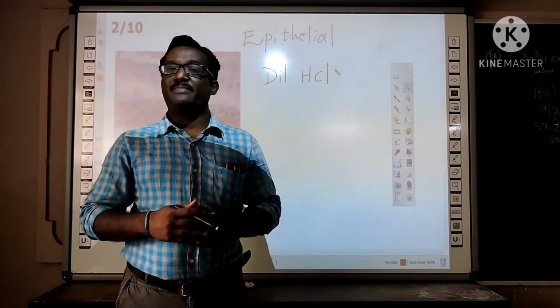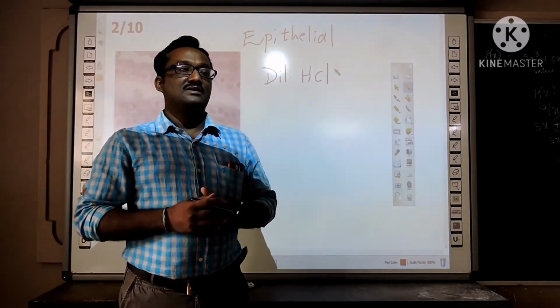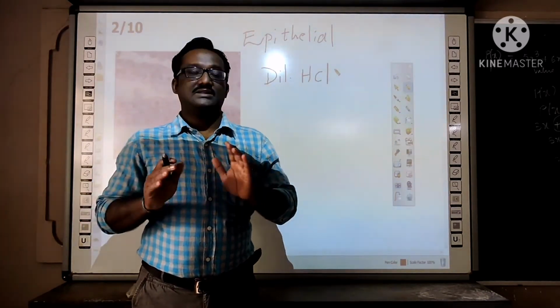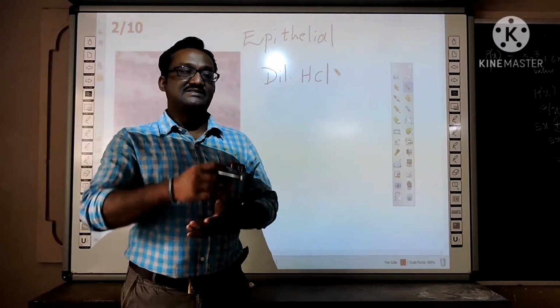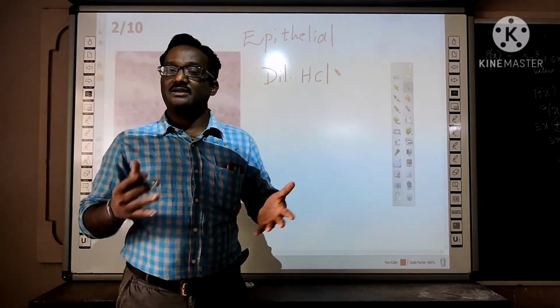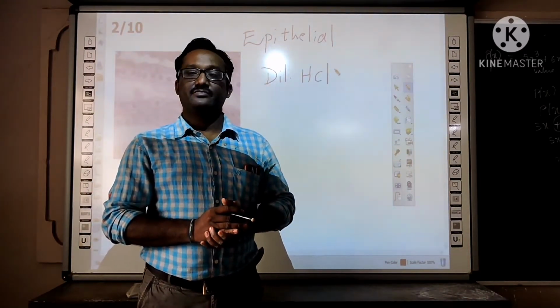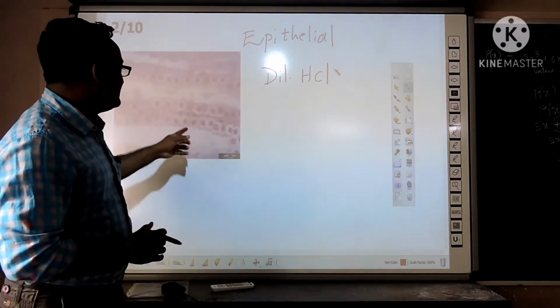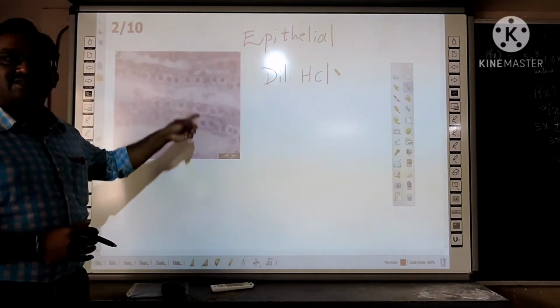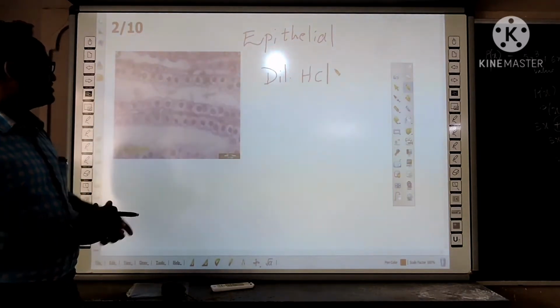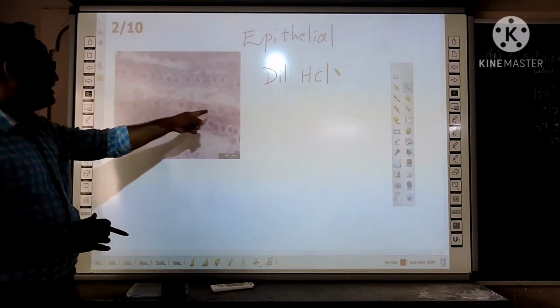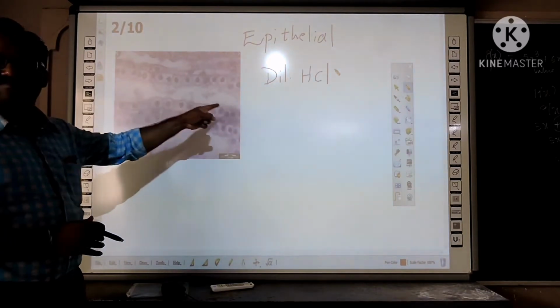You collect that skin part and put it on the slide. Press that skin part with another slide together. Then the skin is scattered. Later, put a cover slip and observe under a compound microscope. If you observe that, you can see this type of arrangement in the slide. This is the appearance of the slide under the microscope. So what do you see here? How are the cells arranged?